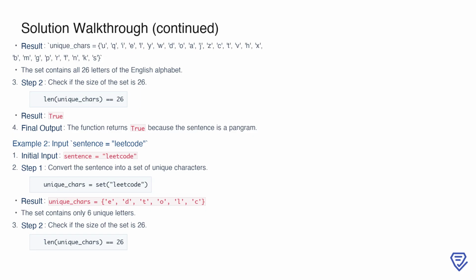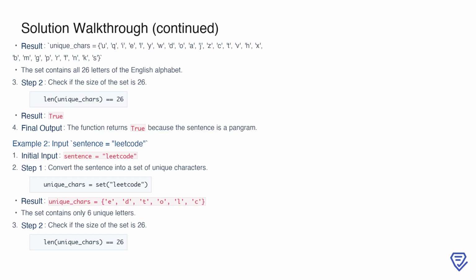I, E, L, Y, W, D, O, A, J, Z, C, T, V, H, X, B, M, G, P, R, F, N, K, S. This set contains all 26 letters of the English alphabet, which is exactly what we're looking for. The next step is to check the size of this set using len, unique_chars equals 26. Since the size is indeed 26, the condition evaluates to true, and the function returns true, indicating that the sentence